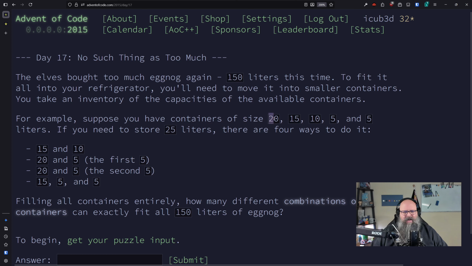I wish I could remember. It's a dynamic programming thing, but you basically take the 20, and then you say, now given the rest of the containers and 5 liters, because I've used 20 to fill this, how many ways can I use this one? No. Can I use this one? No. Can I use this one? Yes. Can I use this one? Yes. And so now you say, with the 20, I can do these three. And